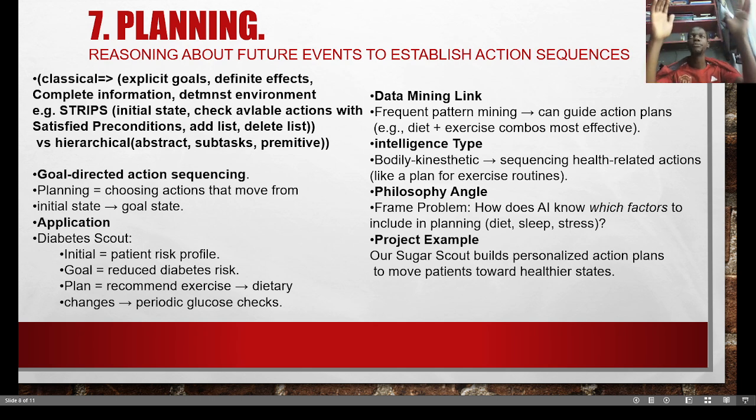So we start with an abstract. We keep on breaking it into subtasks until we find the primitive. Then after that, we keep on handling them one by one. So planning is just choosing actions that move from the initial state to the goal state. And of course, as you see in the Sugar Scout example, our initial state is the patient risk profile. Then the goal, we want to reduce the diabetic risk. The plan, we want to recommend that you can take this diet, you can have these